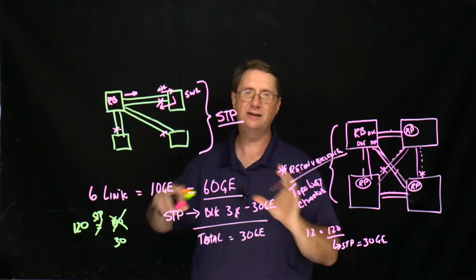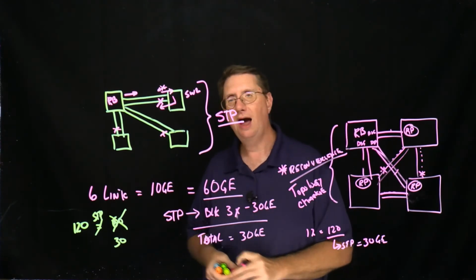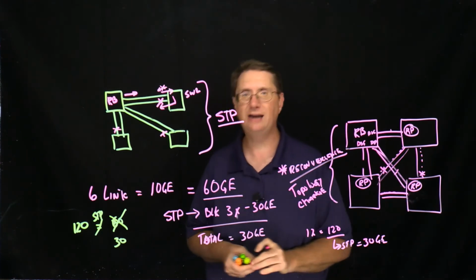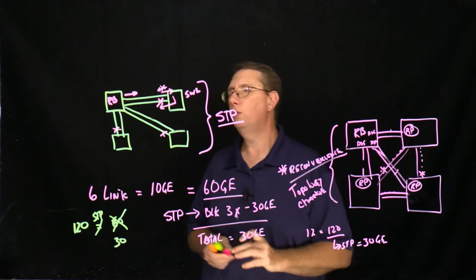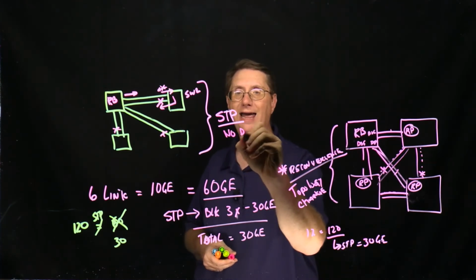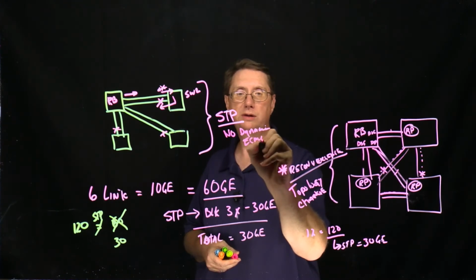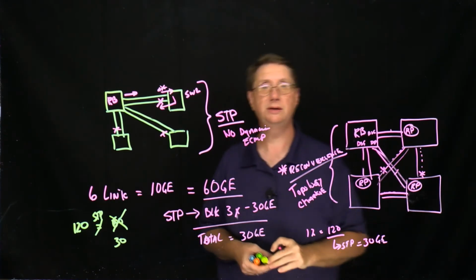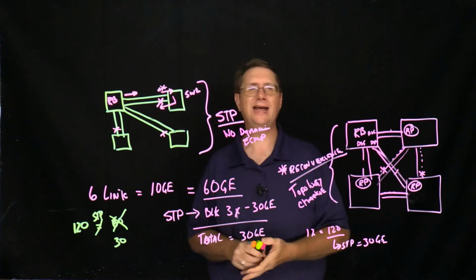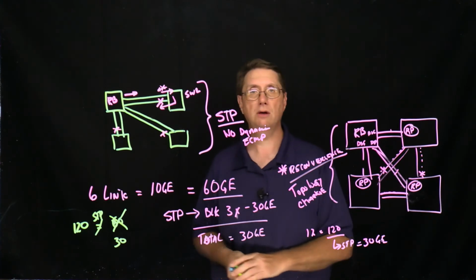I could selectively pick a particular switch to be the root bridge for a subset of VLANs and thus create a topology that's going to allow me to leverage it, but that would be an administrative load balancing. When it comes to Spanning Tree, there is no concept of dynamic equal cost multipathing or load balancing. So these are very important concepts for us to keep track of. However, there is an answer to this solution, and we're going to entertain that in the next video, and that's going to be where we start looking at